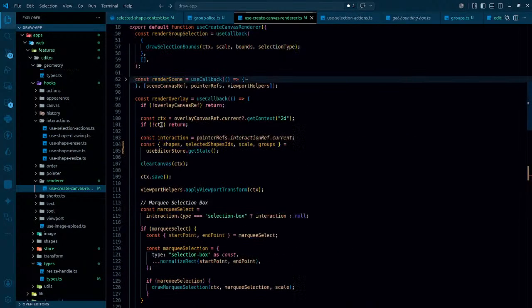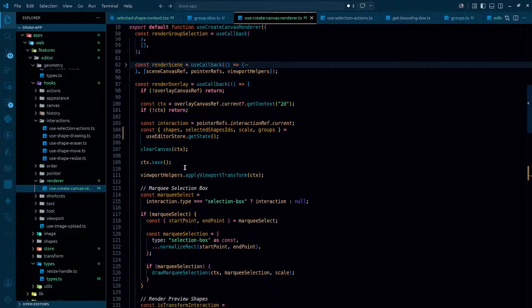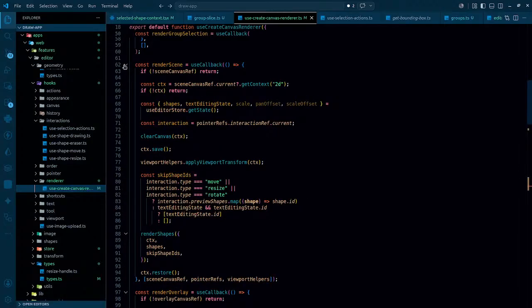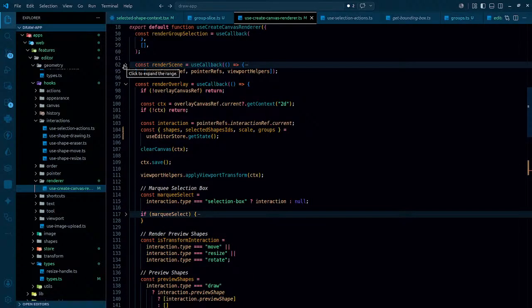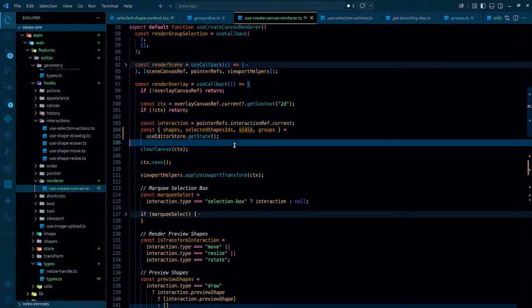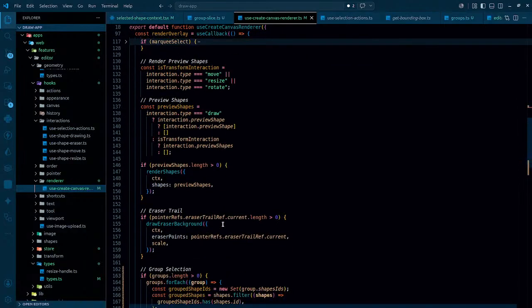So ultimately this is the render overlay, and because in render scene we never had this, that simply means the bounds that we get here, we have shapes, we have selected shape IDs, we have scale, and then going ahead when it comes to rendering